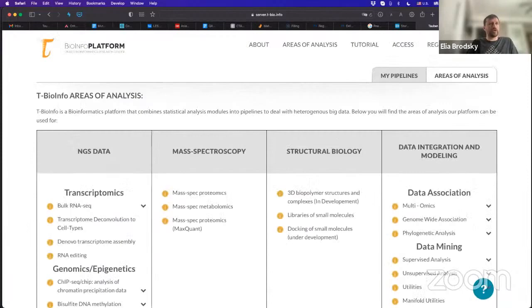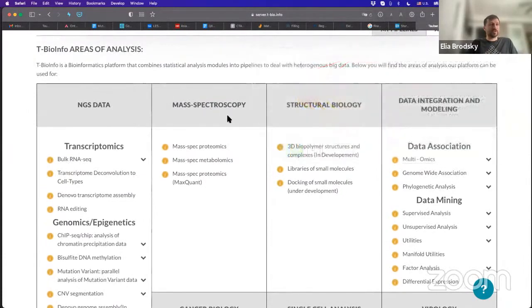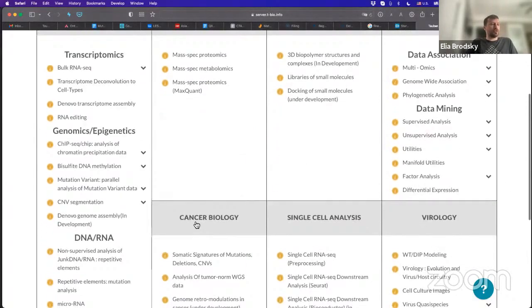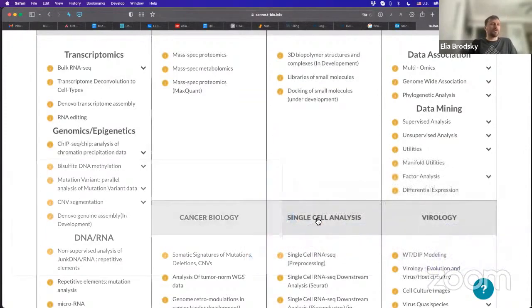So once you are in this, let me just make this a little bit bigger. Okay. Once you are here, you will be able to see that everything is separated into several different sections. These sections are by data type or by application. You will also see some of the newer sections that have been added recently. And so these are some of the sections that I will be talking about, such as single cell analysis and others. So once you're here, each one of these sections represents a whole section of methods that are organized into a pipeline builder. And this pipeline builder is connected to some of the training that we offer on our OmicsLogic portal. So when you go through the training, you'll be able to use these tools in a practical way.